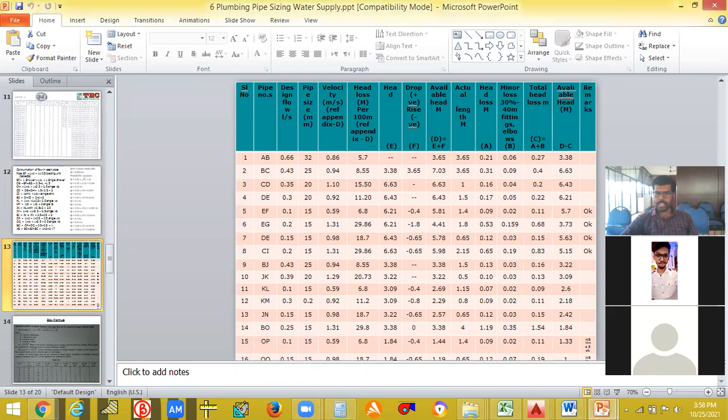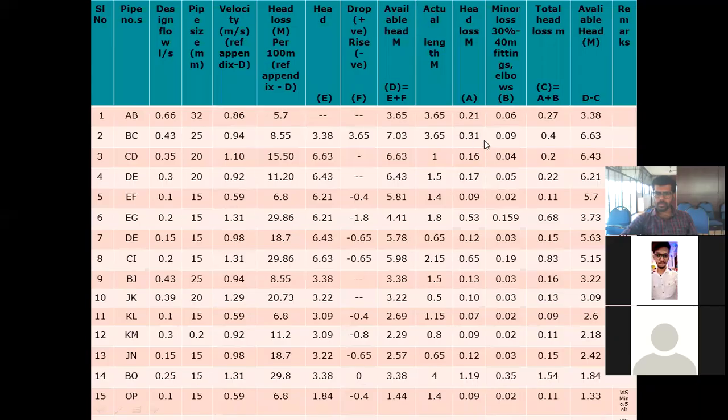Shahil, you are getting the answer, right? Any doubt? Did you get 0.31? Randi, did you get 0.31? Yes, sir. I got. Okay. Shahil, did you get 0.31? Are you there?